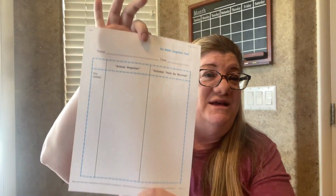So anyway, this is something from Benchmark Advance that I'm going to copy. It is note-taking for, sorry, I have my fan on because it's hot here. Note-taking for the 2 passages that we're reading in week 1. And then also for the week, I have our pages, and there's typically 4, it just really depends. These are the language skills and grammar skills that we're working on, and also phonics skills, which we do foundations,